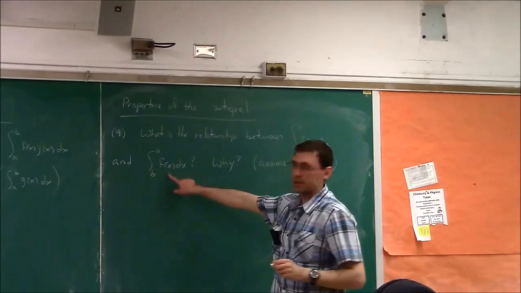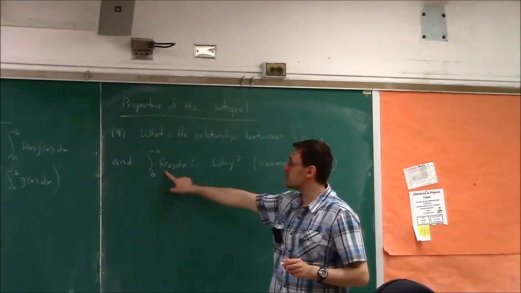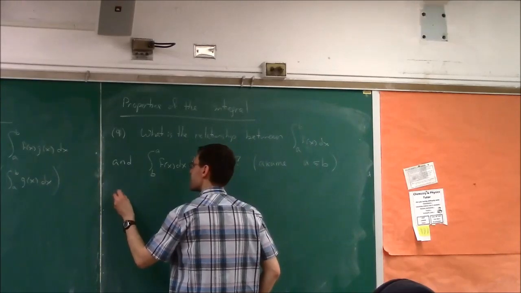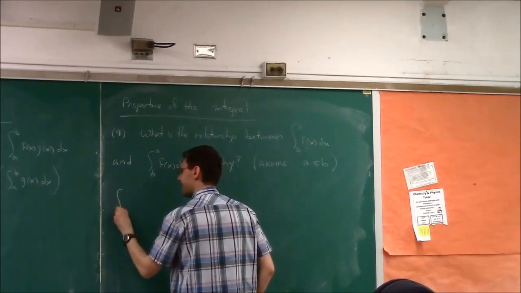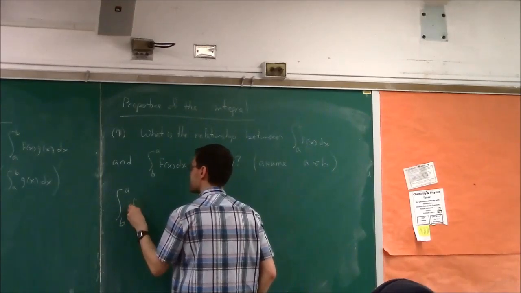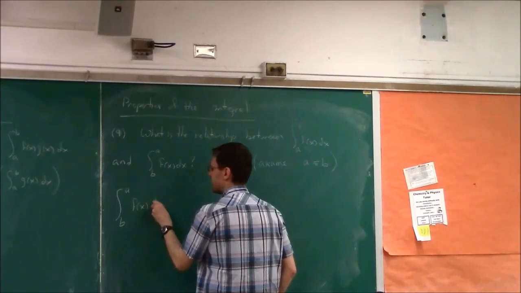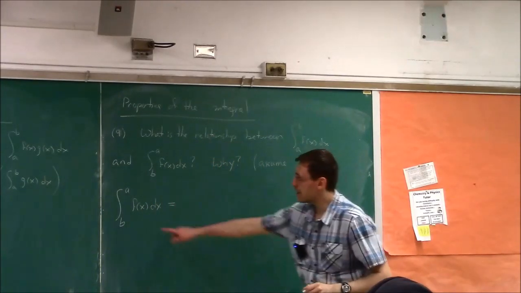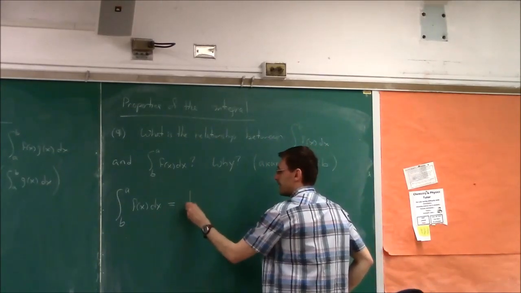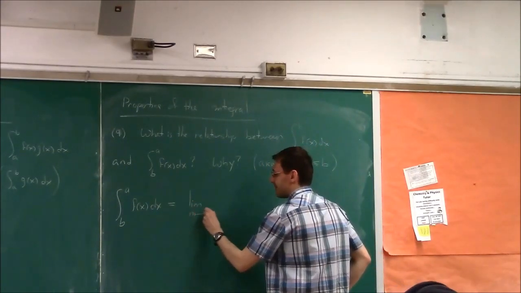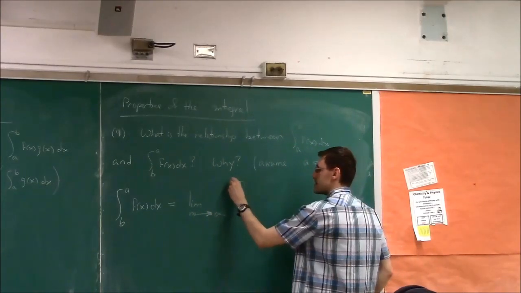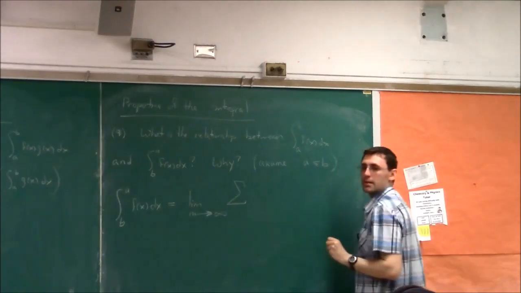So you see this object, you should be able to know what to do with this object immediately when you begin, right? So if I look at the integral from b to a of f of x dx, how did I proceed? I picked this point and I moved from this point. So that would be the limit as n goes to infinity, summation